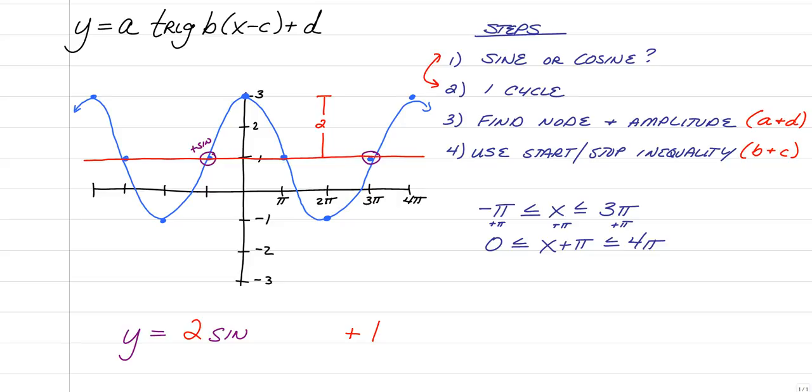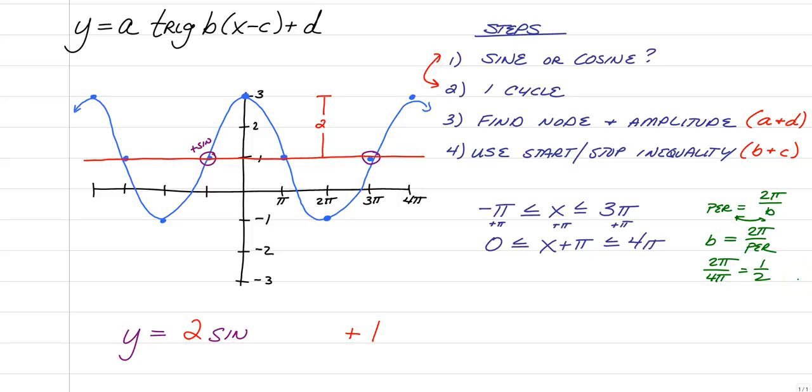So let's go take a little flashback. Remember, our period is equal to 2 pi divided by b. Well, if we want to find b, remember this is just the little slide where we switch those two, because mathematically we would multiply both sides by b, then we would divide both sides by the period to get b by itself. So that means b is equal to 2 pi divided by the period. And in the graphing video, we learned that we're from 0 to 4 pi, that our period is 4 pi. So now we just need to say 2 pi divided by 4 pi is going to give us a b